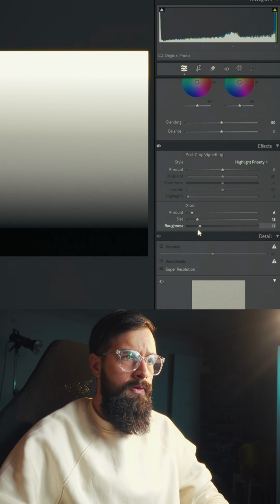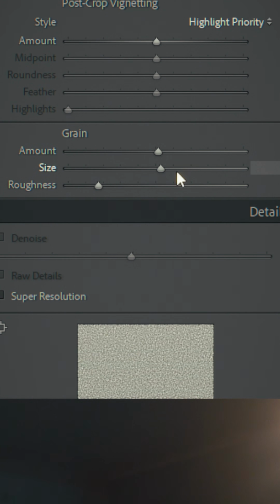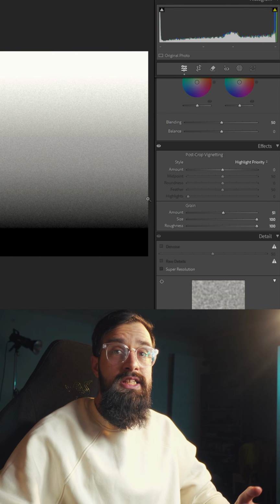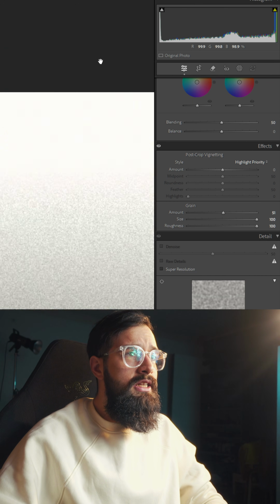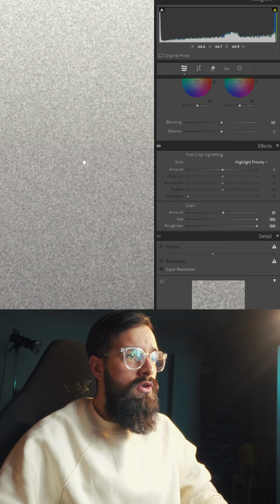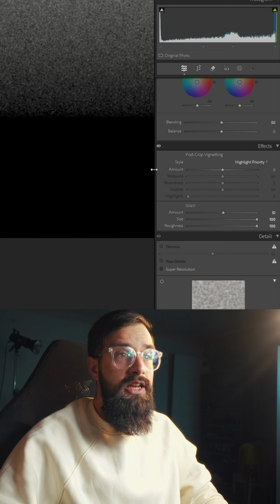Today I want to show you a few tricks that can take your film grain emulation to the next level, but before we can do that, I have to show you how exactly grain works in Lightroom. And for this, I added a ton of grain to that gradient. But as you can see, neither the pure white area or the pure black area have any grain in them,